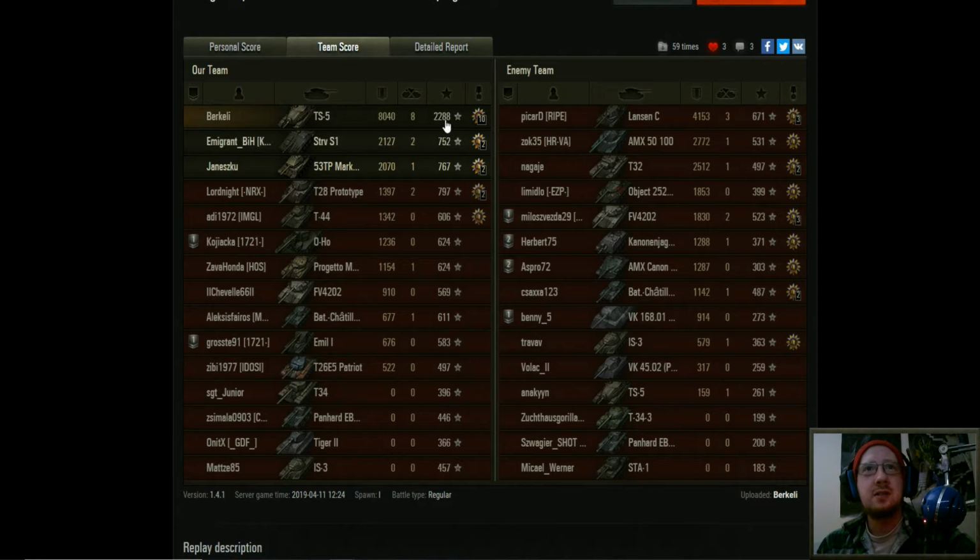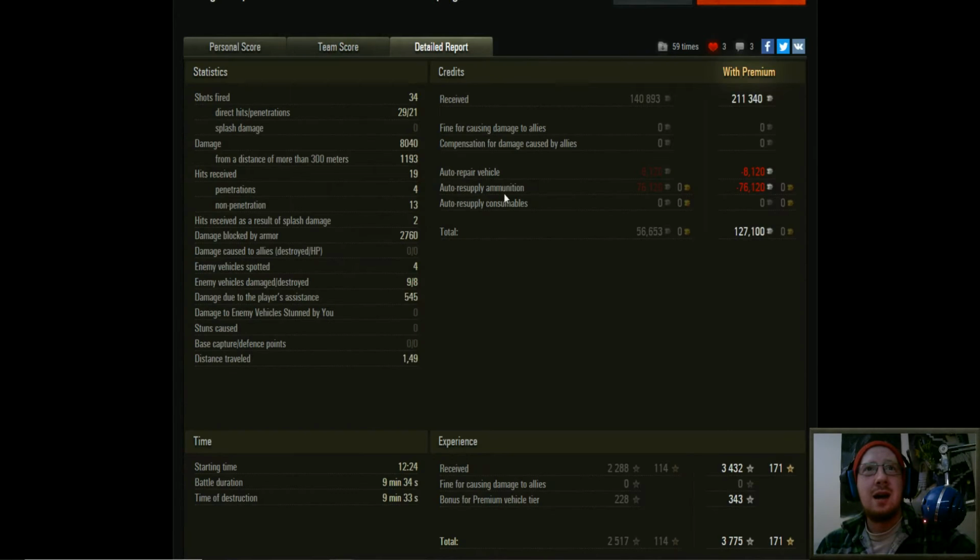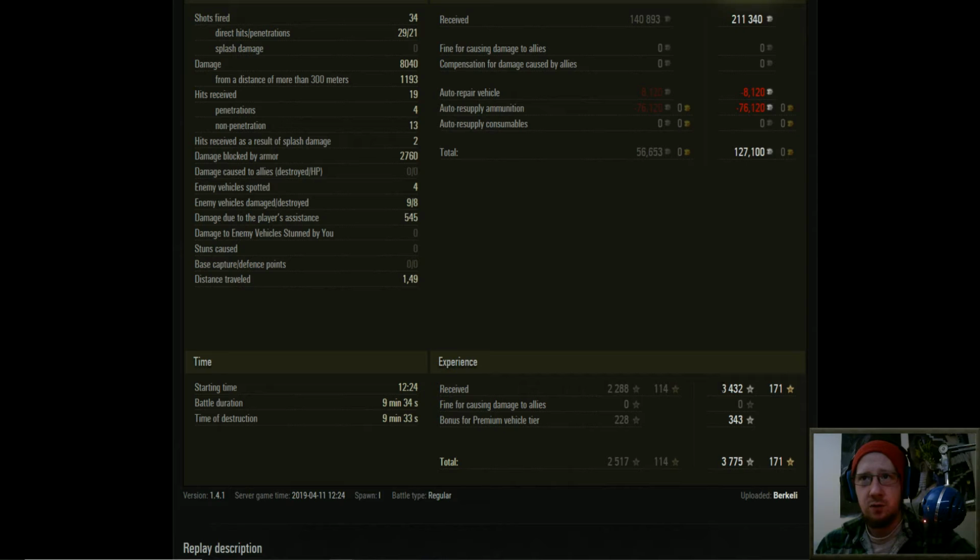2,288 experience earned, 8,000 damage dealt. That's more than any 2 players on his team. It's more than any 2 players on the enemy team as well. So what an absolute carry here. I mean, 34 shots fired, 29 hit, 21 pens. There would have been a couple on the T-32. And out of the 211,000 credits he made, he earned and took away with him 127,000. So this was a 3,432 experience game with the multipliers and everything. Bonus for premium vehicle,